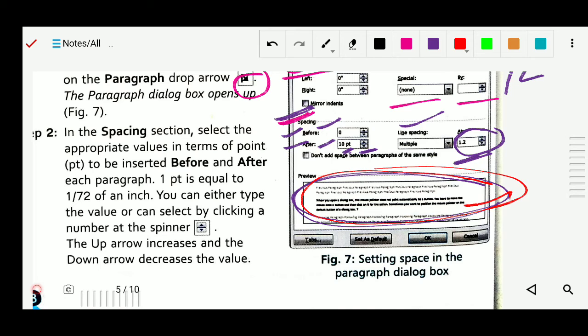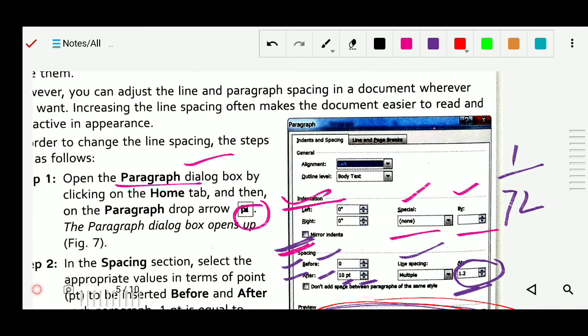So to format your paragraph, we have studied two methods, two processes we have to follow: line and paragraph spacing, and indent paragraph. To format the paragraph, we have to indent the paragraph, and we have to follow line and paragraph spacing. These two things, indent and spacing. So this is about paragraph formatting.